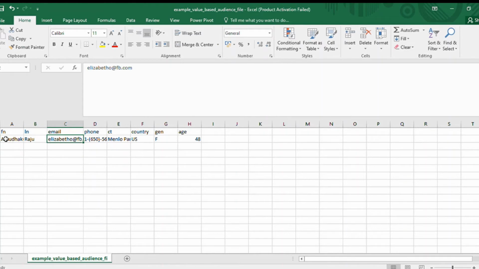The email address of Amudha Kumar is admin@amudhakumar.com, and the phone number, let me go with the international format, instead of 1 it is 91, and then 701063839. So this is my phone number, the international phone number.